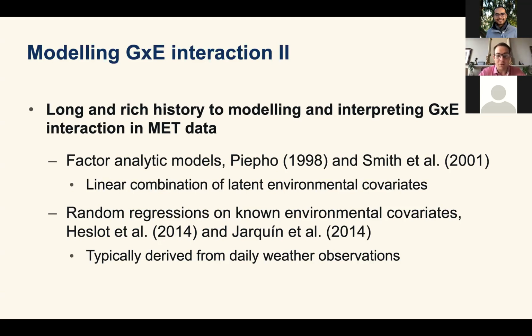And so that's an offset to what is happening in the factor analytic models. But the big downside for the random regressions is that they don't capture a lot of the GxE again, so we go backwards a bit in a way. There's no real method to date that allows you to do a bit of both: capture a lot of GxE, get forward predictions, and get interpretability.